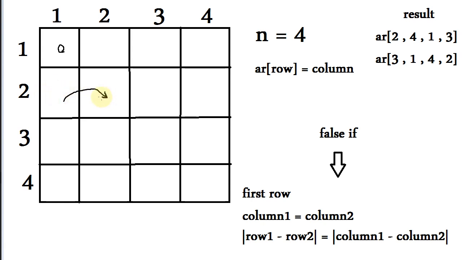Then it goes to the second column, and it's not the first row, the second column. The column number is 2, and our queen, its column is 1. There's no problem here as well, but when it comes here,